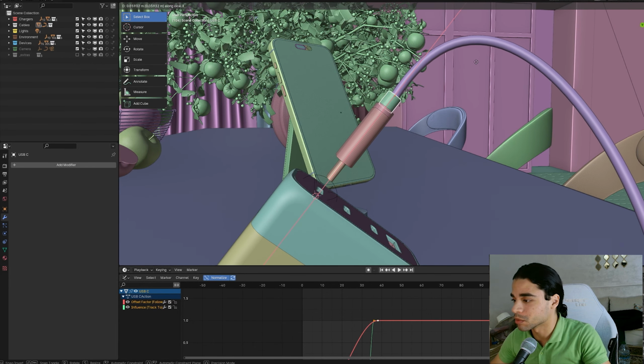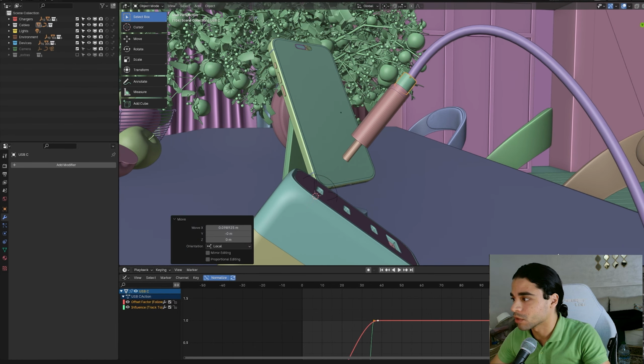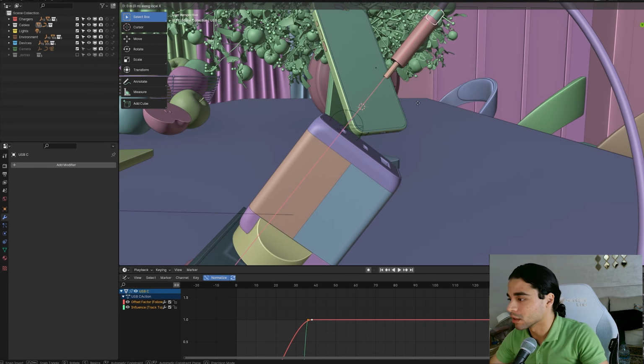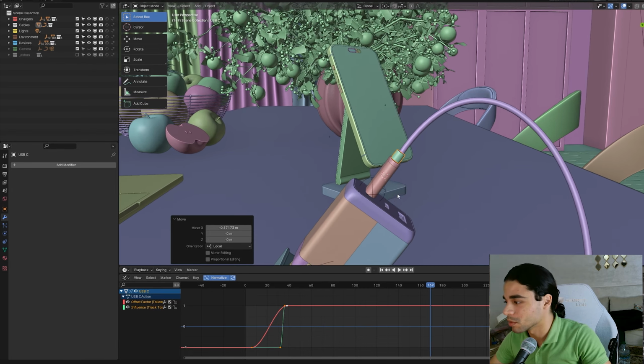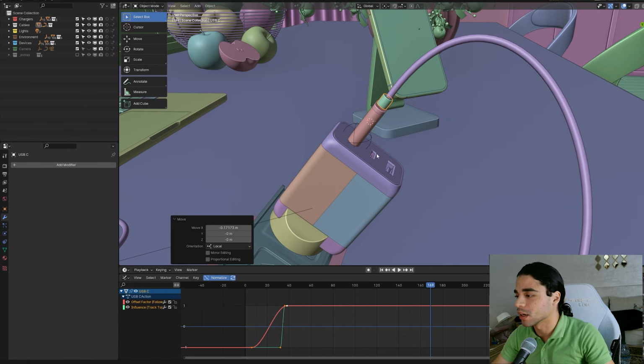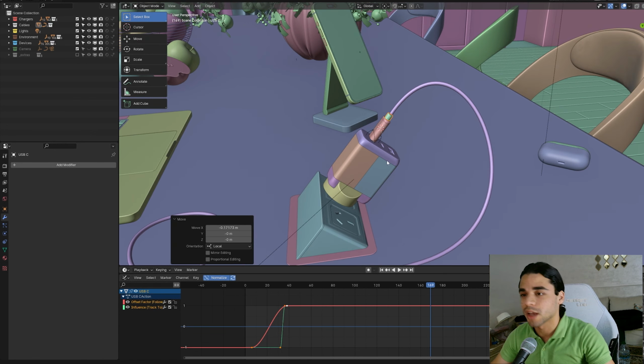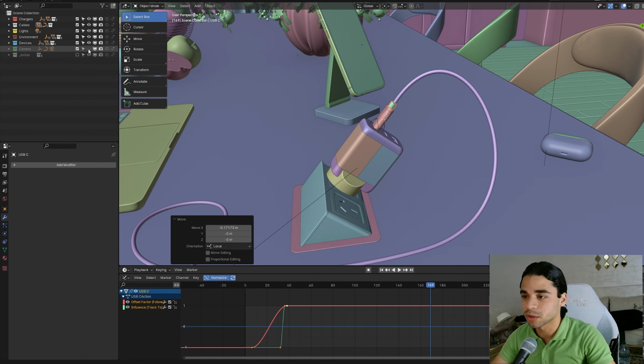So this works perfect for what we need it for. Basically, we want the USB-C to get out of here, wait for the chargers to change, and then it comes back again. It does the job perfectly. Pretty simple, nothing too complicated here, but quite a useful trick. I've not seen anyone on YouTube do it this way. And before we conclude the tutorial, I want to show you